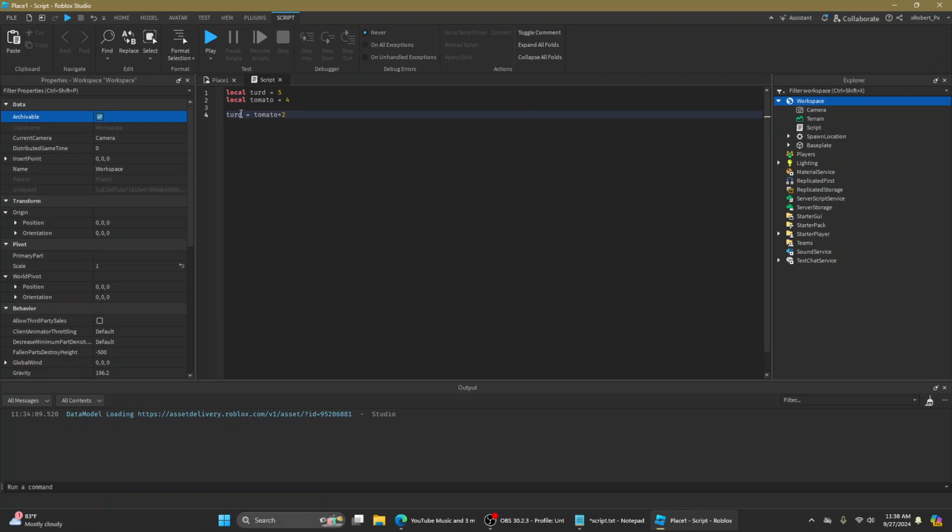And you can even do this like this. You can make a new, you can local the beans, and then it equals tomato times 2, so it'll do, you know, like 8, because that's probably what 4 times 2 is. And then you can just do math whatever you want, wherever, and you can put variable names in the middle of the math, and then it'll use whatever the value of the variable is. But if the variable is not a number, like if it's text,